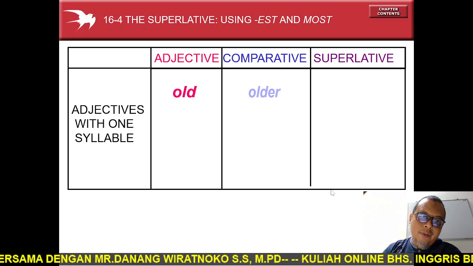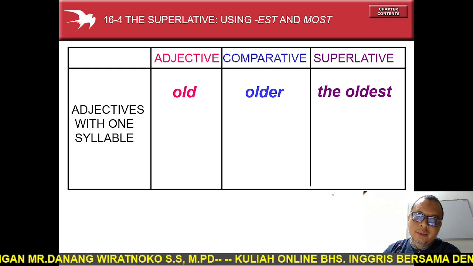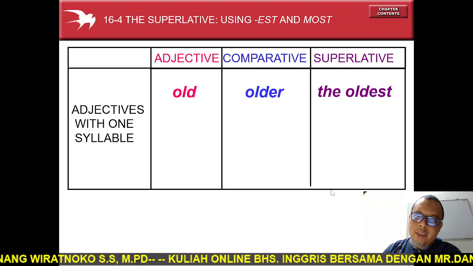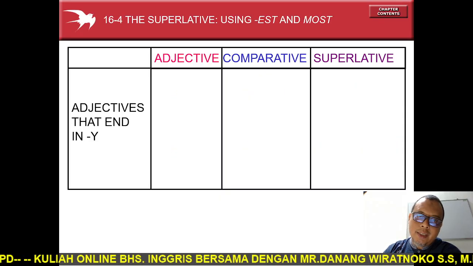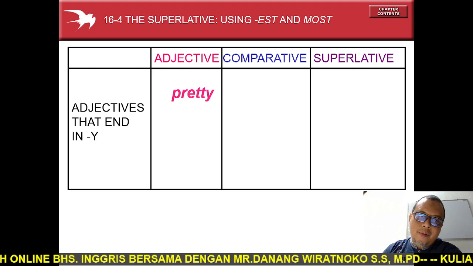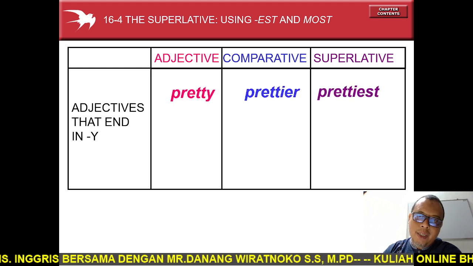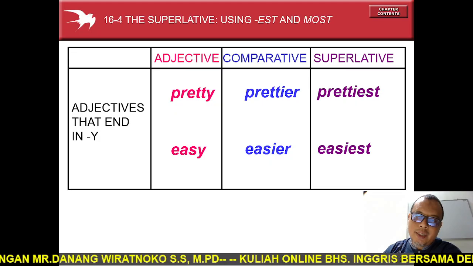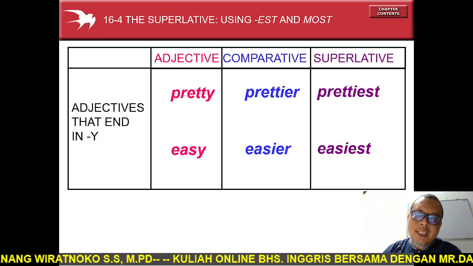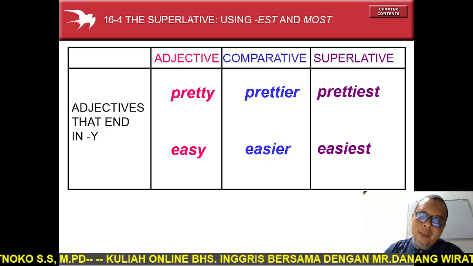Okay, we have adjectives with one syllable. Old, older, the oldest. Big, bigger, the biggest. Pretty, prettier, prettiest. Easy, easier, easiest. Okay, kalau superlatif pakainya est ya. Kalau comparative pakainya